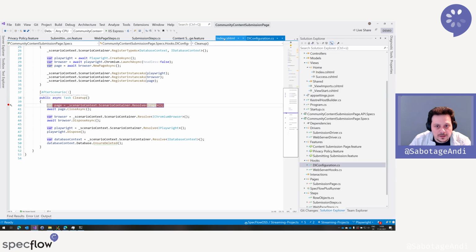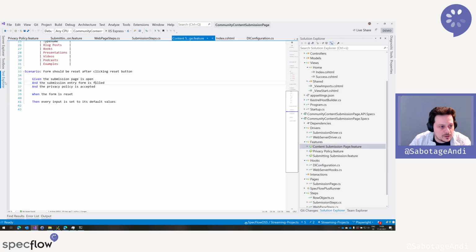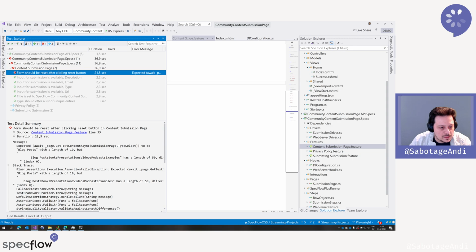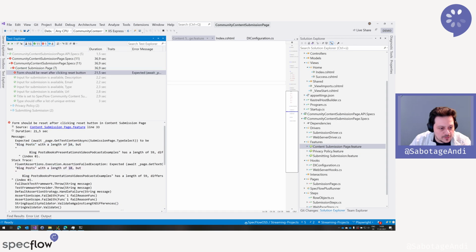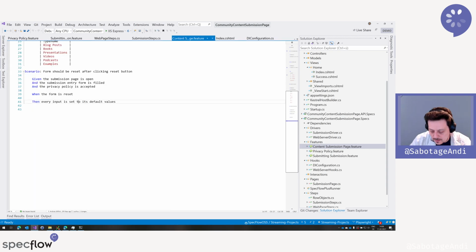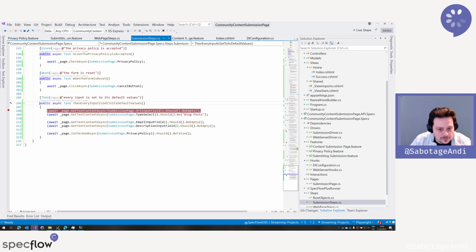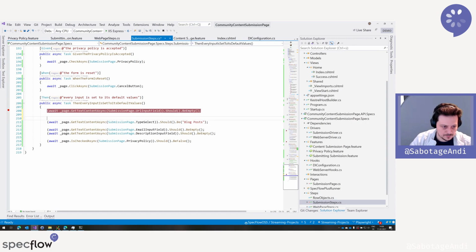So yeah, the text content doesn't. So the error is, see here, expected blog post with a length of 10, but found everything. And this get text content is for type not the right one, which would, let's see,